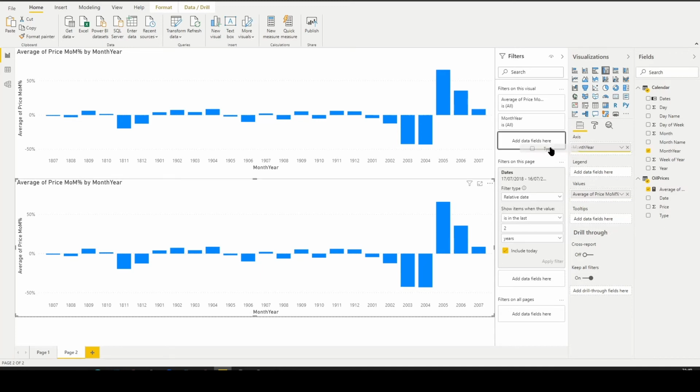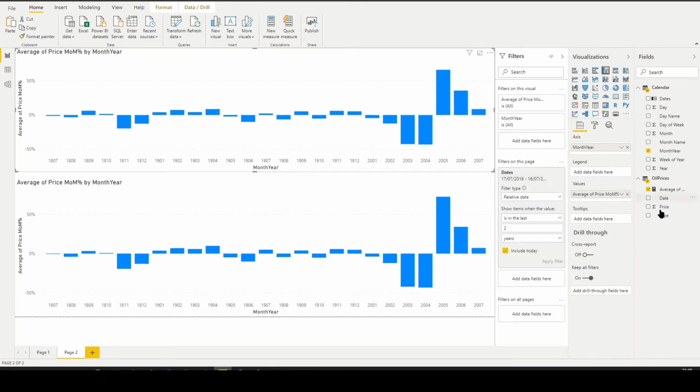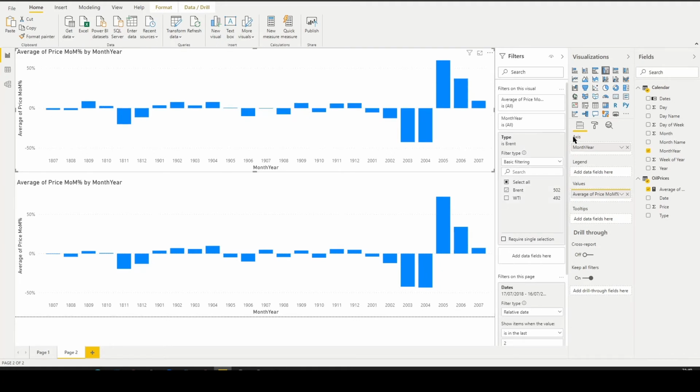Because if you remember, we've got two types of oil, haven't we? So let's put type in there. Let's have this one as WTI, and let's have the top one. Let's put type in and have that as Brent. Yeah, that makes sense to me, doesn't it? Now let's convert that to a combo chart for both of them,